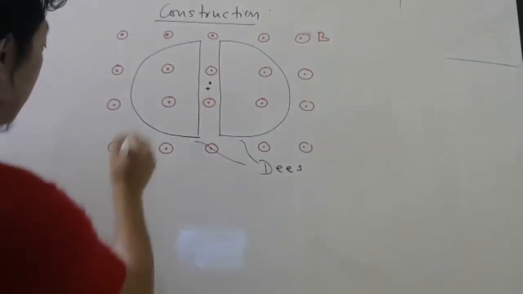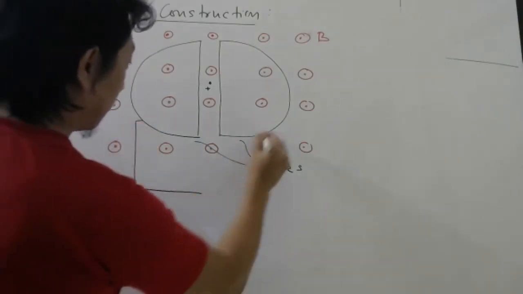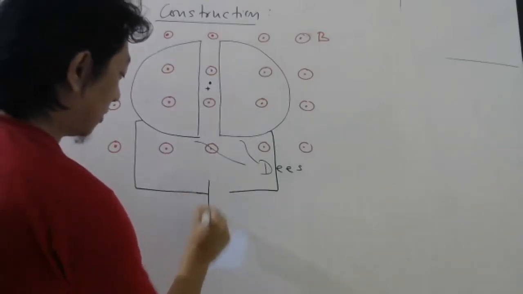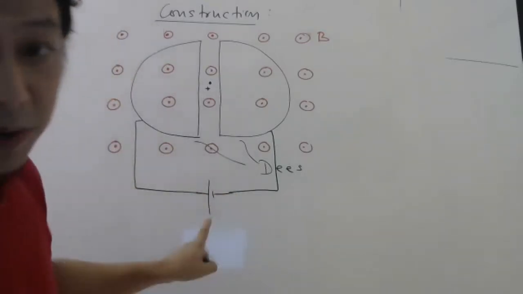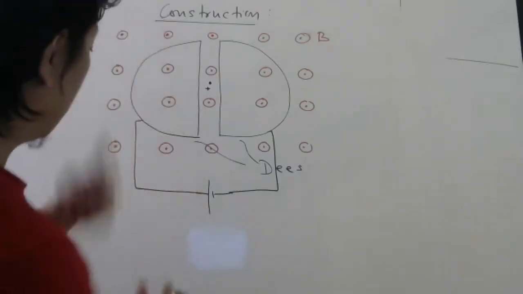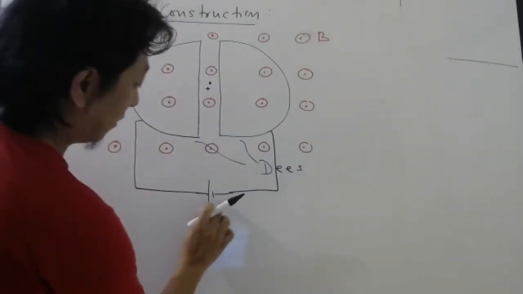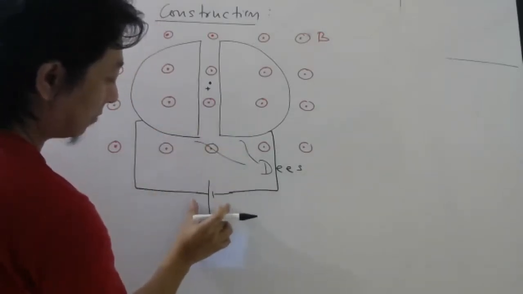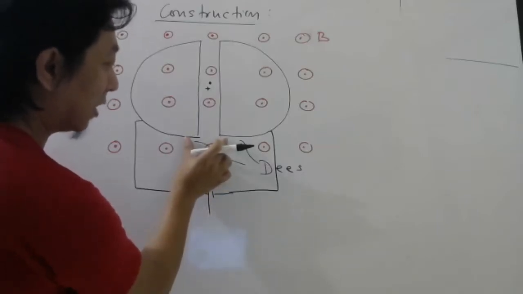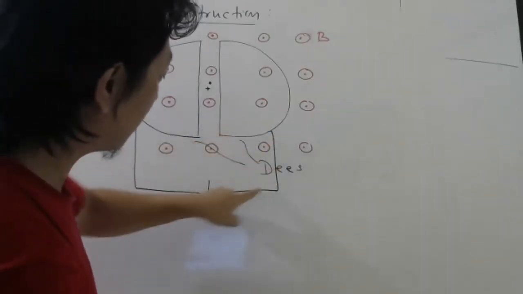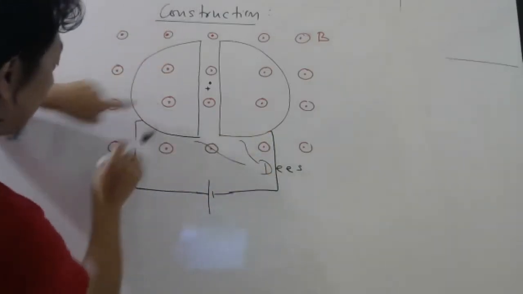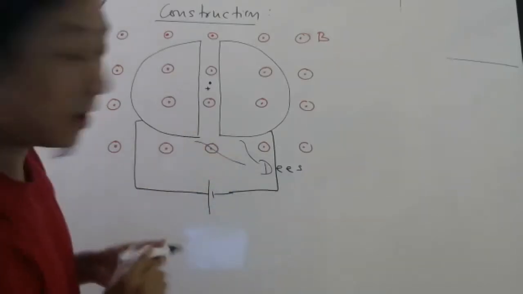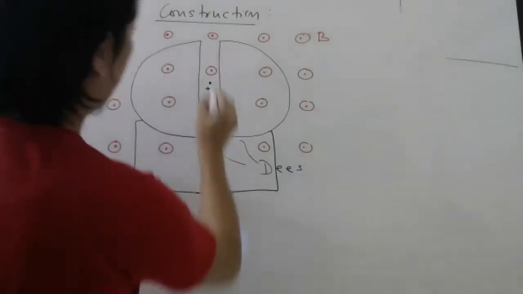So we are going to connect here a battery. So let us say I put here positive terminal, negative terminal. Don't draw this part. Be careful. So now you see what will happen. If this is positive, this is negative, and these two are conductors. So if there is potential difference, same potential difference will be here also, because this is a conductor, this wire is a conductor, this wire is also conductor. So whatever potential difference is here, same will be here. And this will be at higher potential, this will be at lower potential.